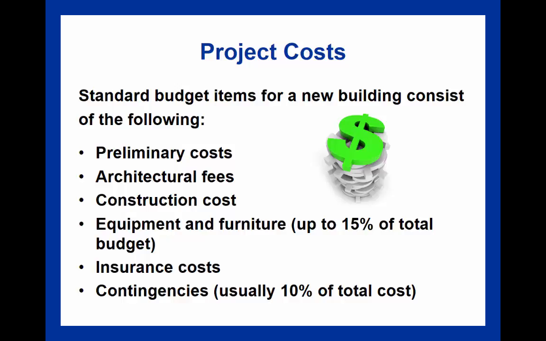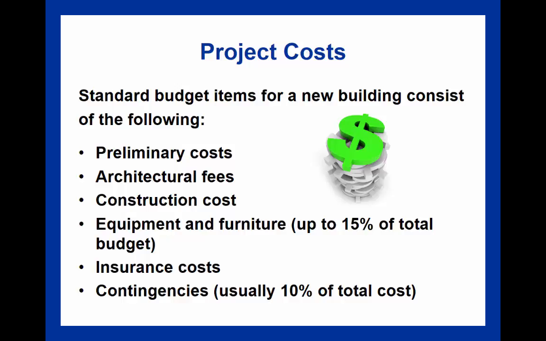Equipment and furniture can be up to 15% of the total budget. Paying for insurance, another legal instrument. What happens if the project is not completed on time, or if there's an incident or accident on the building site? So dealing with those liability and financial issues, and then contingencies, just things that might or might not happen. That might be more money to pay for building materials, or any sort of last minute additions that were not in the original budget. Direct costs might also include